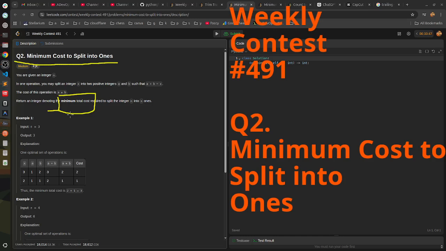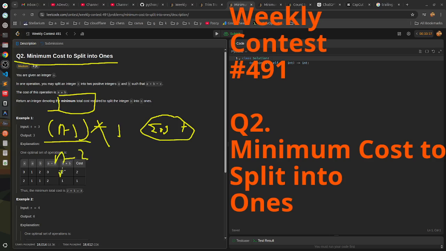So if we can get a product of these two numbers, the minimum value, the way I will go is, say with a given number n, if we split it into n minus 1 and 1, this would be a smaller cost. So if we keep going this way, we're going to get all the costs with n minus 1, n minus 2, n minus 3, until 1,